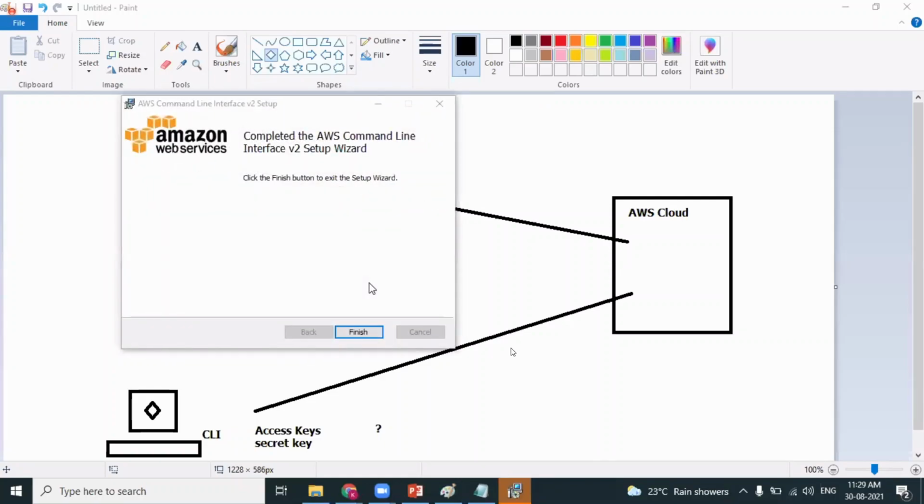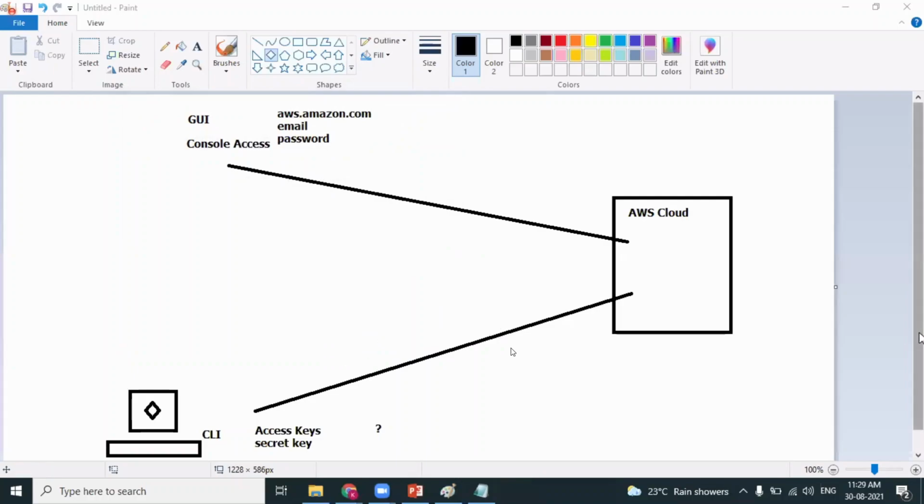Let's say, for example, you want to create 100 buckets, Anuj. When the volumes are more, going to the console access, selecting S3, creating a new bucket, mentioning the region in which you want to create the bucket, and clicking on the create button, the bucket gets created. Again, you need to do it a second time, isn't it? Instead, once you have one command ready, copy paste that command 100 times and change the bucket names and the regions, whichever you want. That becomes very, very comfortable.